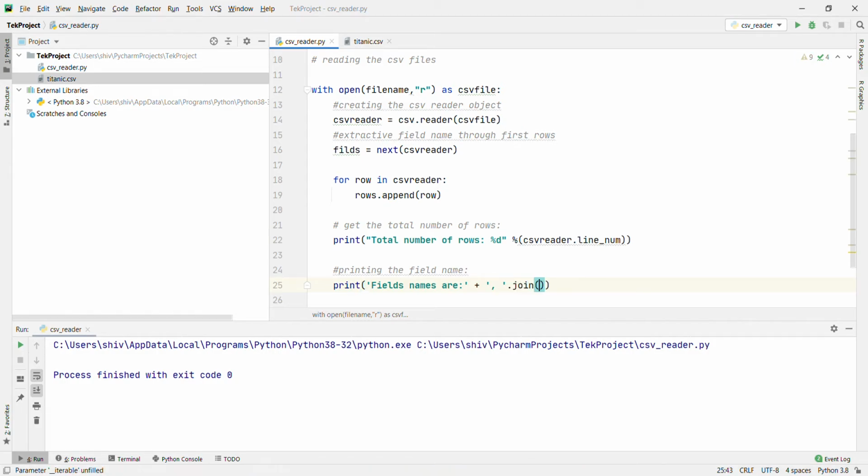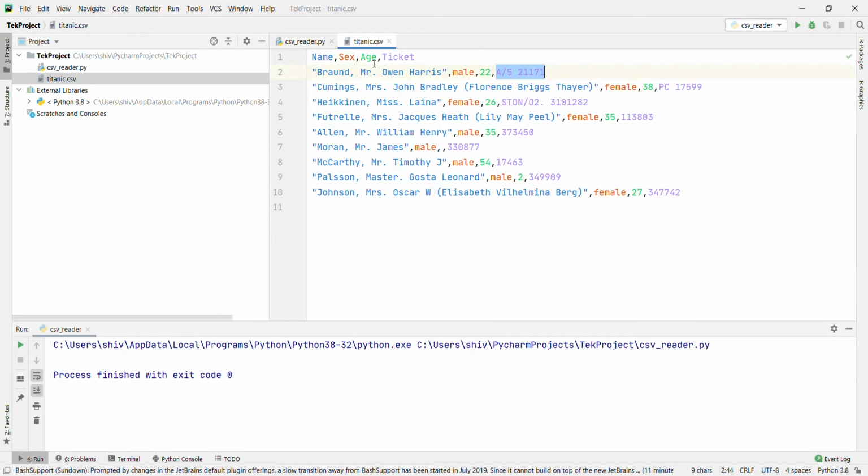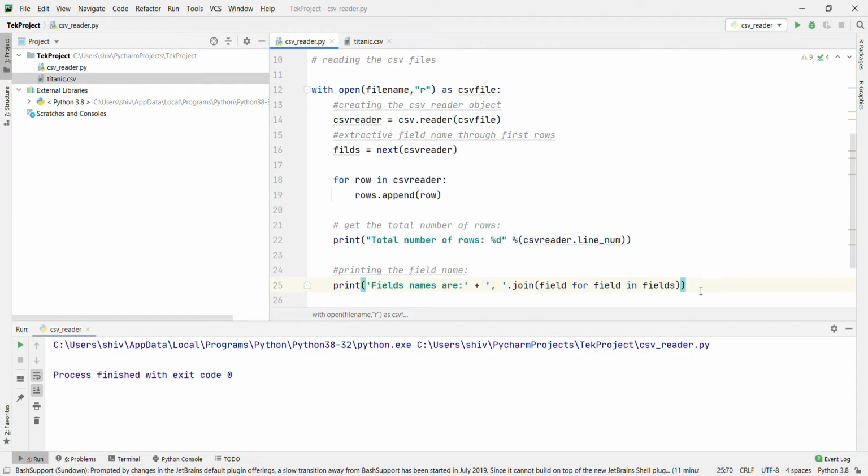Inside we use a for loop, field for field in fields, which is the shortest form. It will give you the result of the field names separated by commas. The output will be: name, sex, age, ticket.